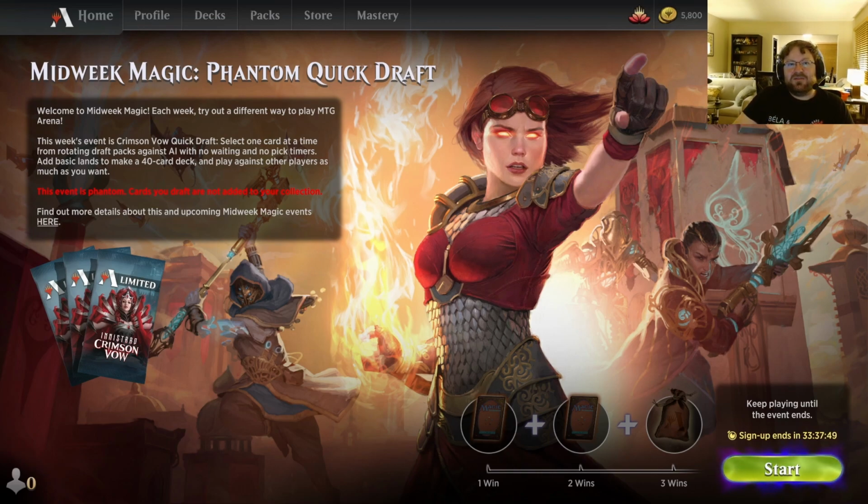So, what I am doing today is a special event that's happening right now on Magic the Gathering Arena. It is an Innistrad Crimson Vow free Phantom Quick Draft. So anyone who hops onto Magic the Gathering Arena right now can partake in this Phantom Quick Draft. They get a chance to play with the Innistrad Crimson Vow set before its official release. They won't be allowed to keep any of the cards that they draft, but it's a completely free event. So you can all hop on here and play as much Innistrad as you want,